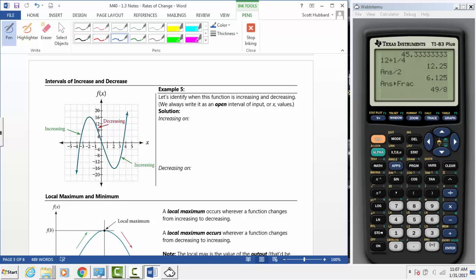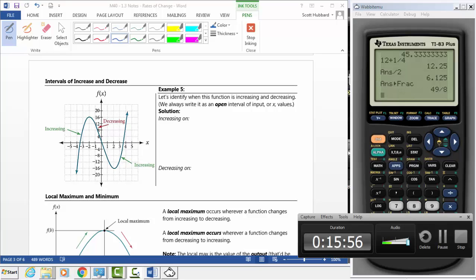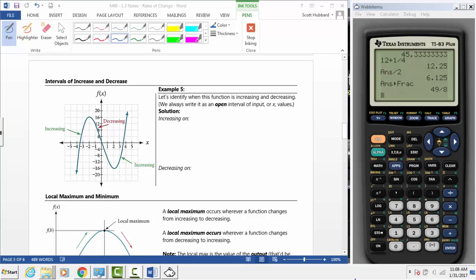Okay, we're going to be moving on to something different now. Let me see what time we have. Okay, we're doing good. So the only other thing we really want to talk about this section is